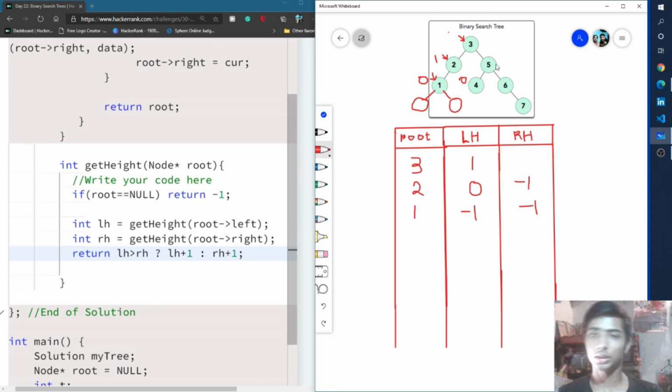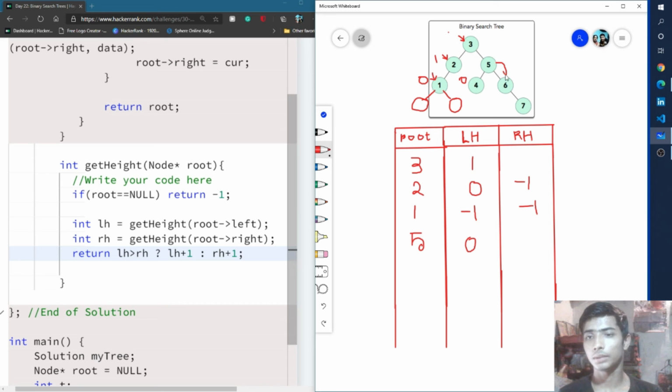And 4 is the left node of the 5, so we simply write 5 and the left height of this 5 is 0, and for the right height it calls 6.